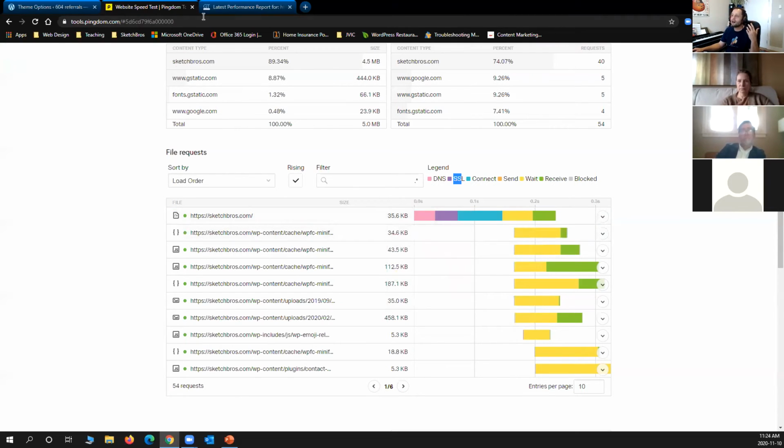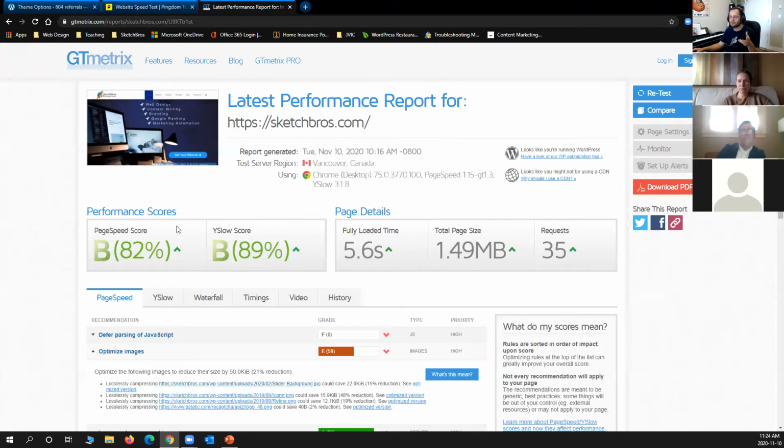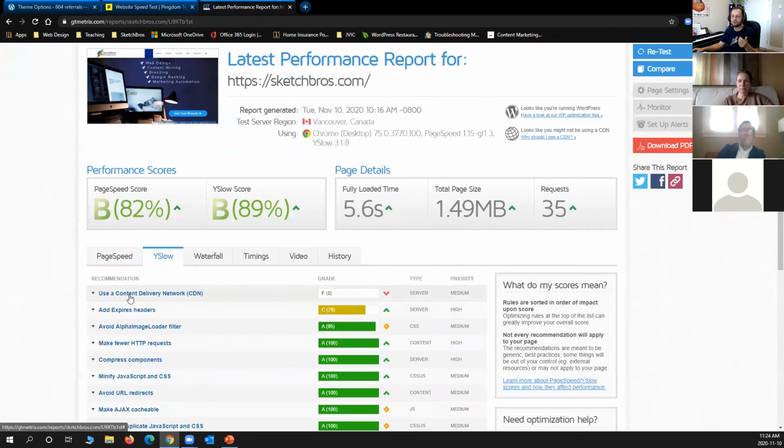So the best example would be here on GTmetrix. If you look at why slow, it tells you to use a Content Delivery Network, CDN. A CDN is a privatized DNS, a privatized name server for your own hosting. Too much jibber jabber. In short, using the tools that we talked about today, you can optimize your website without spending a cent. To make it lightning fast, you need to at least get a CDN for yourself.